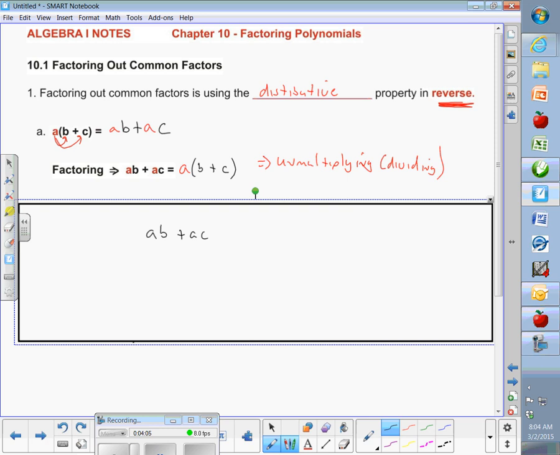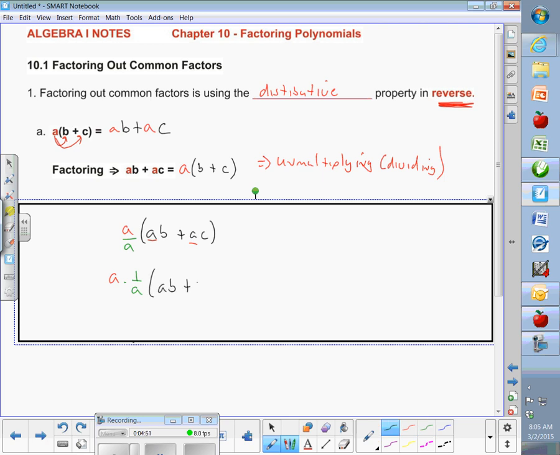Okay, so let's suppose I had that AB plus AC. Again, do not write this in your notes. You don't even have space for it, right? Okay, if I want to factor out this common A, really what I want to do is I want to multiply it by a form of 1. So because I see I can get a common A out, I want to multiply this by A, but not just A because that's not 1. I want to multiply it by A over A. That is 1, right? A over A is 1. In addition, I'll then write A times 1 over A